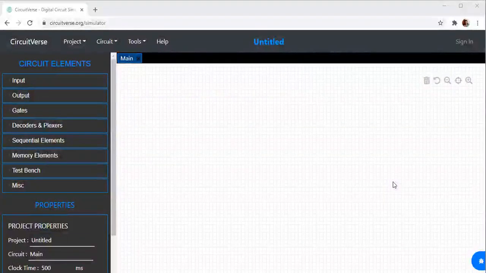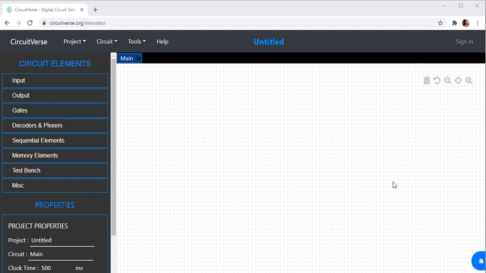Welcome everyone. In this session, we are going to see counters. What is a counter? A counter is a cascade of flip-flops, a combination of flip-flops configured to output a specific sequence. That sequence works on the application of a clock. Each output of the sequence is dependent on the contents of the flip-flops and is known as the state of the counter. Now, when we discuss counters, we sometimes talk about modulus.